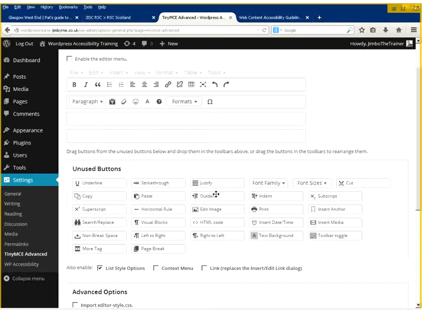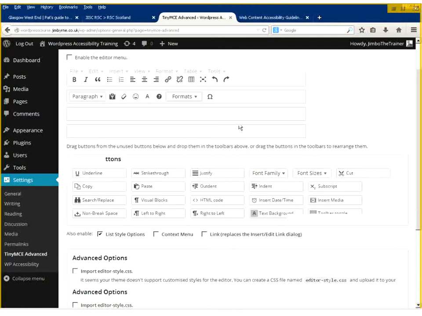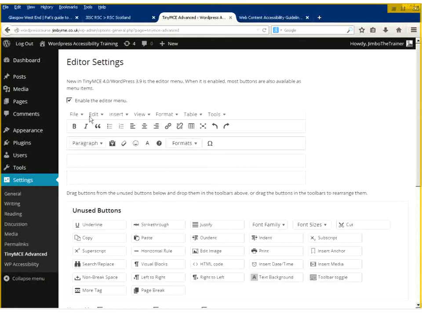In fact, there's a list of these things on my slides, so it's not that you have to remember this. It's on the slides. So once you've done all these things, I disabled the editor menu, which is that menu up there, just to simplify things, because everything that's on there you can get on here. I added one, which was the formats menu. The formats menu allows you to access things like block quotes and some of the inline formatting. So we don't need this.